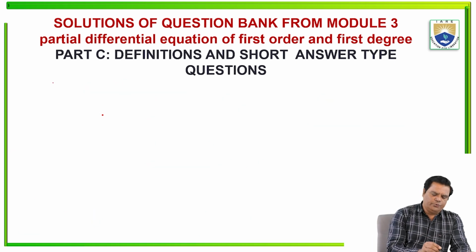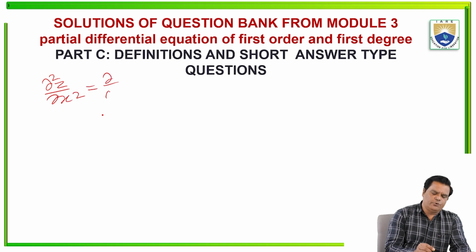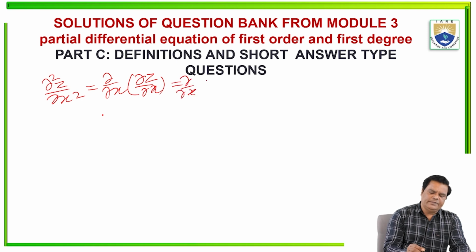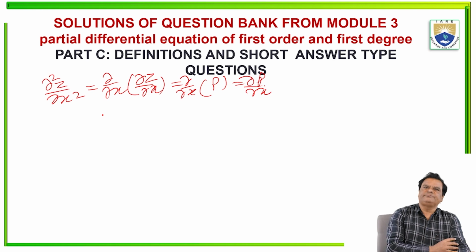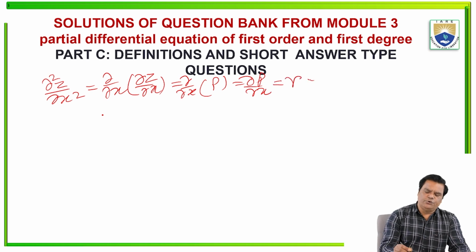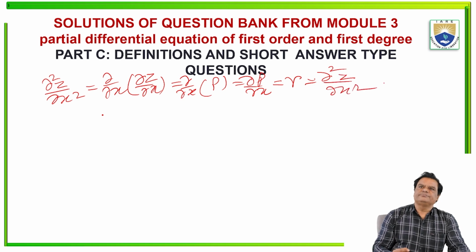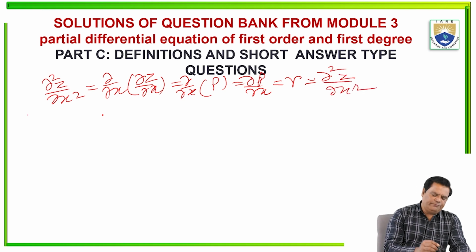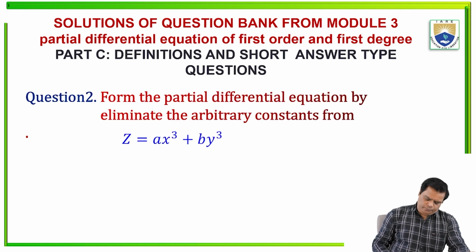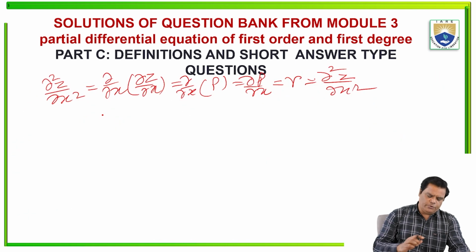Here dou 2 z over dou x 2 equals dou over dou x of dou z over dou x. This is p, so we can say dou p over dou x, and this is represented by r. So r is dou 2 z over dou x 2. Now the fourth point: